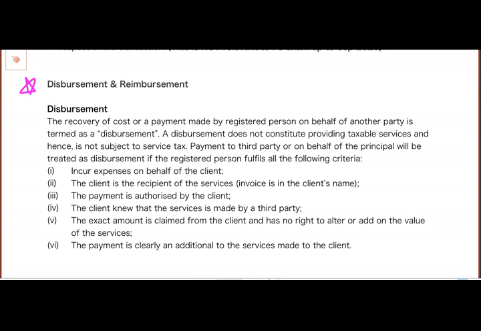That's called disbursement. Alright? For example, you ask me to help you to renew your road tax. So I go to JPJ, I renew the road tax. But when I pay JPJ the value of the road tax, that's not my expense, it's your expense. I'm just paying on your behalf. Realize or not? Now, that is what we call a disbursement: something that is incurred on behalf of your client. Okay? Now, what you have to remember is disbursement